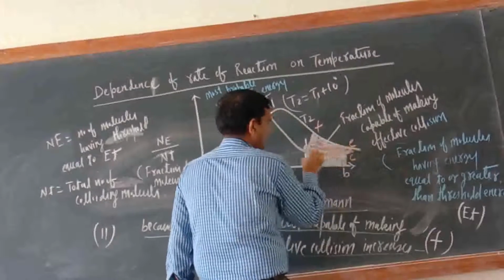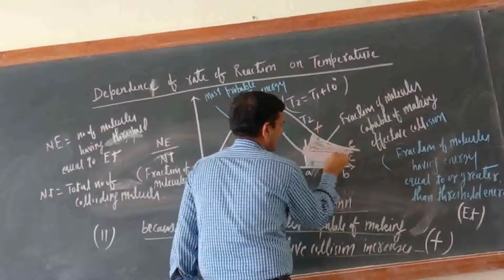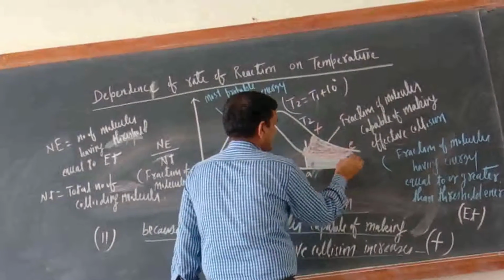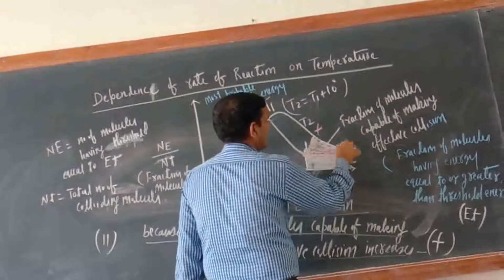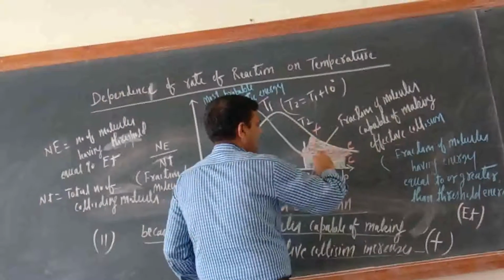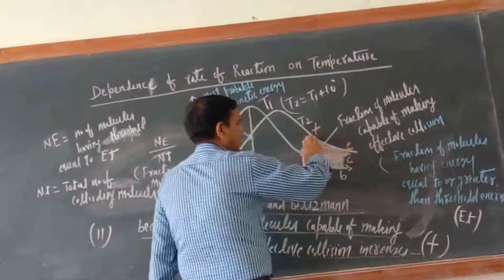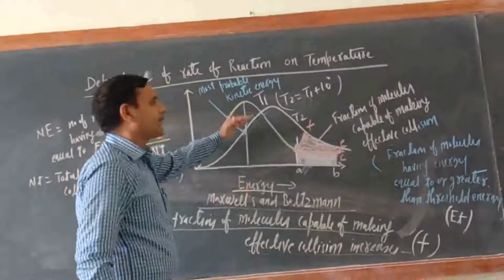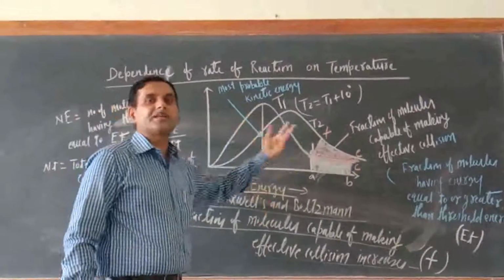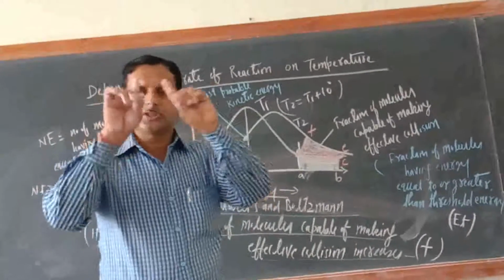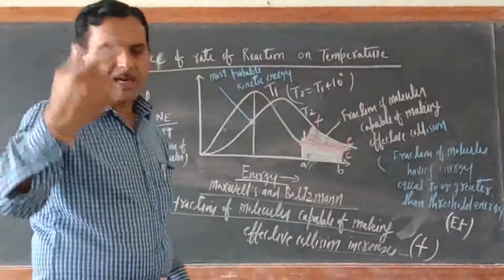Second area, just see. Earlier it was that much, A, B, C, D. Now A, B, E, F. Earlier it was like that, now it is like that. So with the increase of temperature, the fraction of molecules capable of making the effective collision increases. This is the only reason that with the rise of temperature,